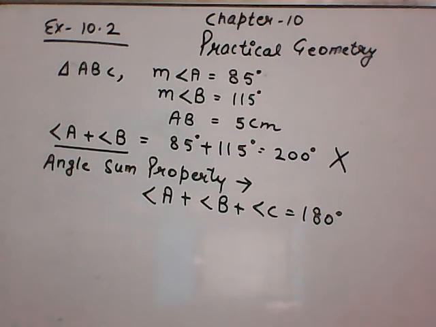So, when constructing triangles, firstly, you all need to keep in mind the properties of triangles. First one is the triangular inequality property. If the sum of two shorter sides is greater than the third side, then you can construct a triangle with the three given sides. Next, in case of angles, if the sum of three angles is equal to 180 degree, or you can say if the angle sum property is satisfied, then you can construct the triangle. Let's do one question related to these properties.